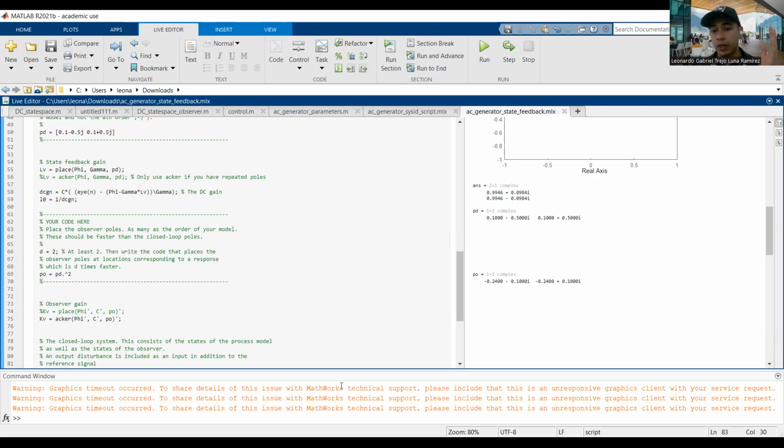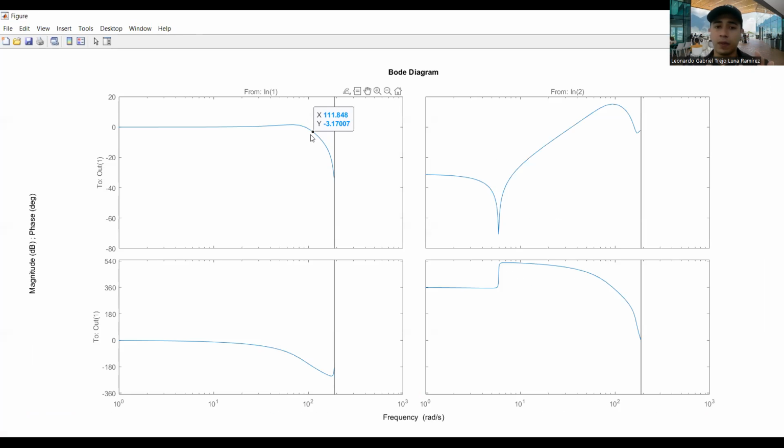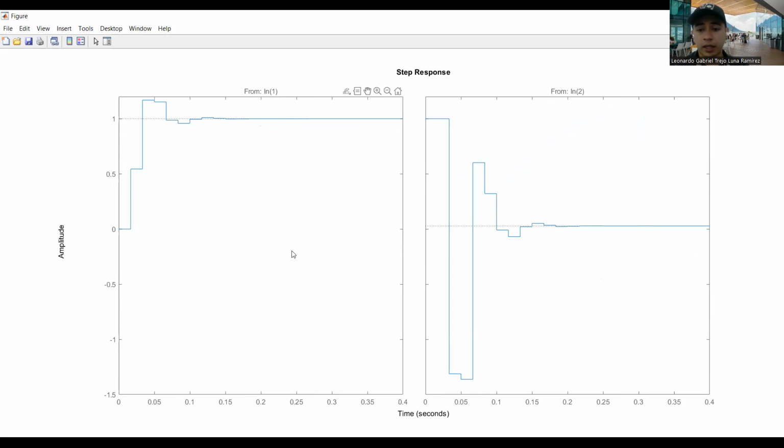Once you have that, well, we have our model. As you can see here, the bandwidth of this system is much larger than 5 radians per second, so it accomplishes the points that are asked. Actually, by far it's a very good controller in that specific respect. And as we see in the step response, we have a settling time that is much lower than 2 seconds. It can be seen that it's a very aggressive controller.